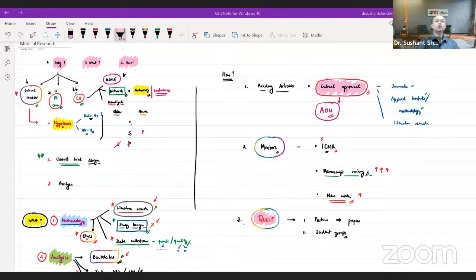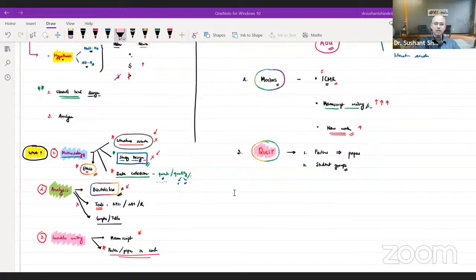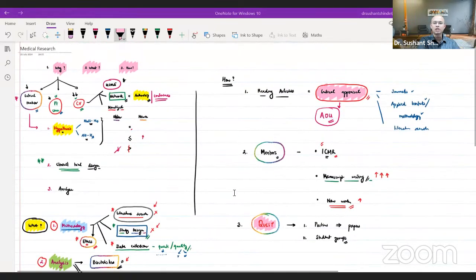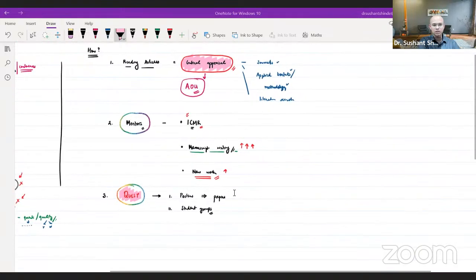What do you need to learn? Those of you who are in the advanced stage, you can also focus on these ideas. Those in the early stages, you should definitely do this. Learn methodology, learn analysis, learn scientific writing. And last but not the least, how can you start doing research? Read articles, find mentors, and of course, be with us at Quest, and you can do it, right?